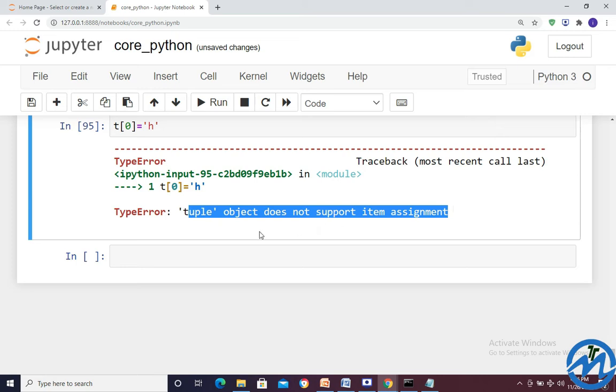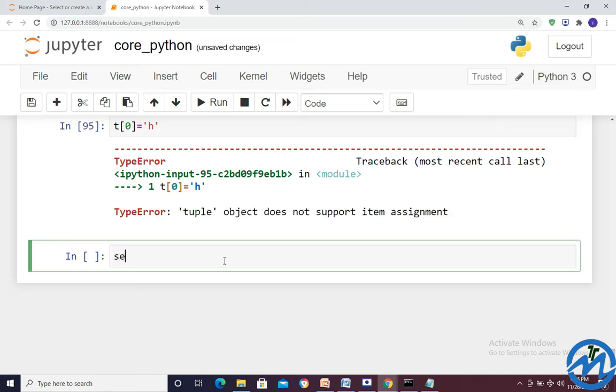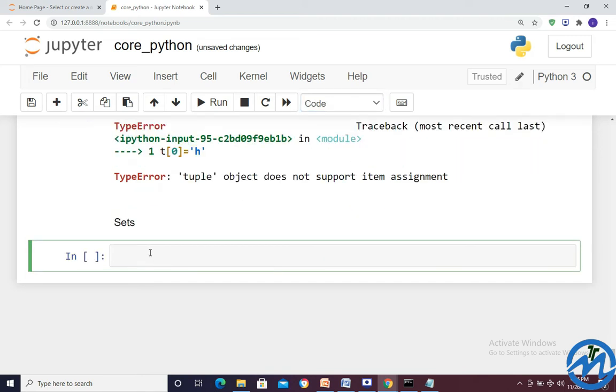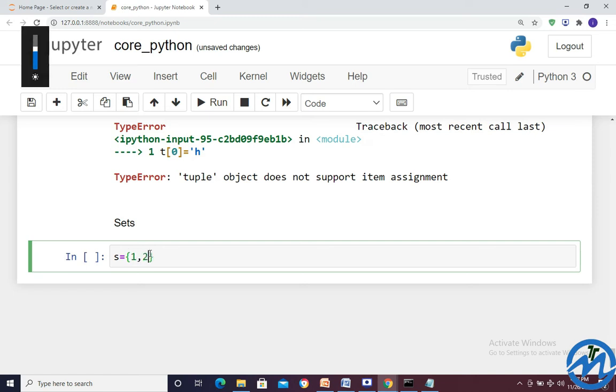Now we have to go to the sets. Let's go ahead with the sets. Sets, how we can write? Suppose s is equal to 1, 2, 3, 3, 3, 3, 4, 4, 4, 5, 5, 5.